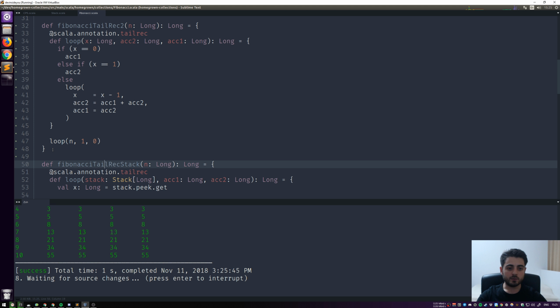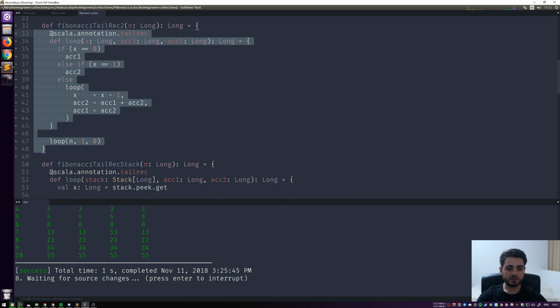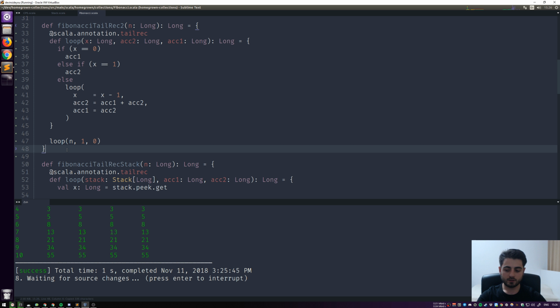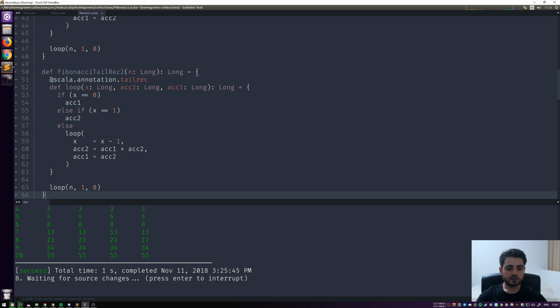Okay, so the one that we're going to write next is, I'm going to copy that again. This one over here. Okay, so I'm going to call it Fibonacci tail rec stack acc. So we're going to use the stack to carry these accumulations, right? So instead of carrying the 2 and 1, what we're going to do is we're going to have a stack long. Okay, so because we're carrying the stack like this, we need to push these 1 and 0 over here,